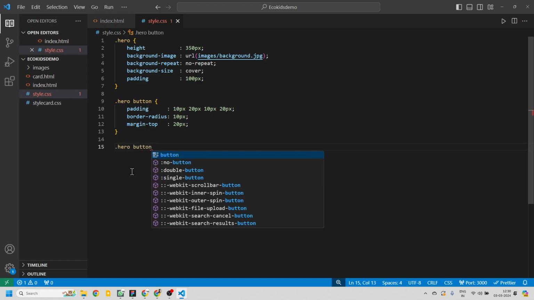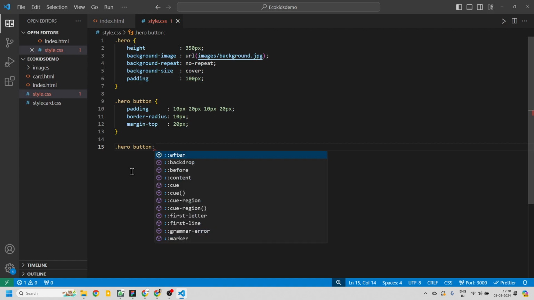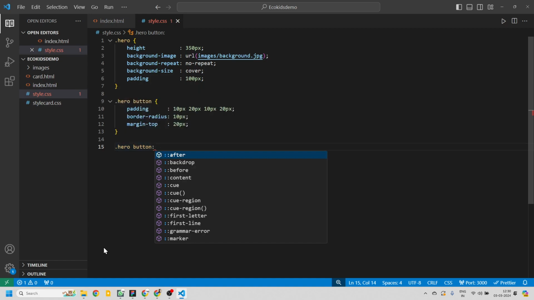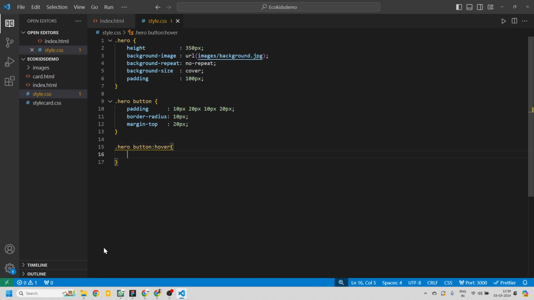So button colon dot hero space button. Make sure that there is no space in between button and colon, otherwise it is not gonna work. And then I'm gonna type hover and further type open and close curly braces. In between I'm going to type